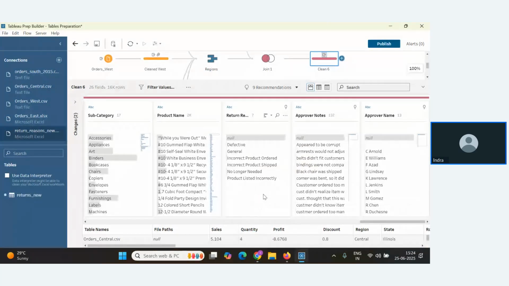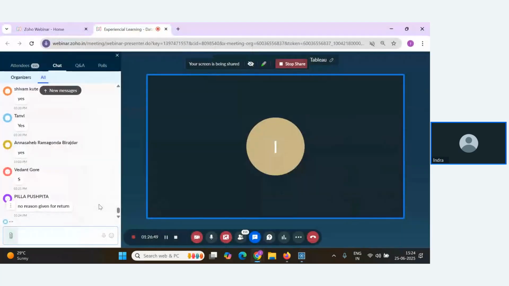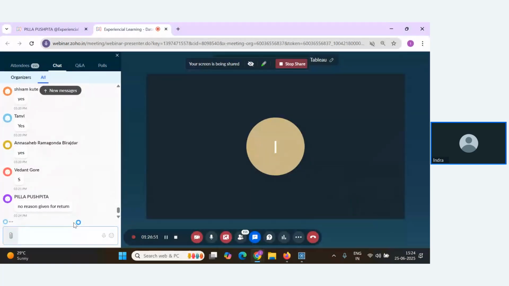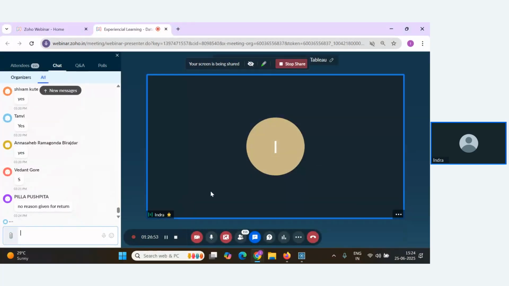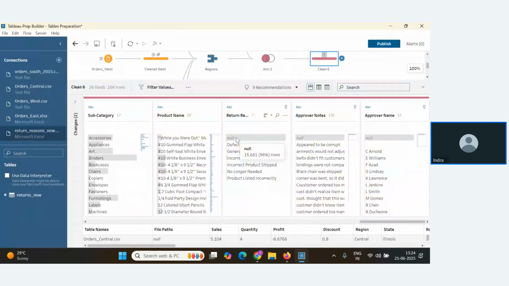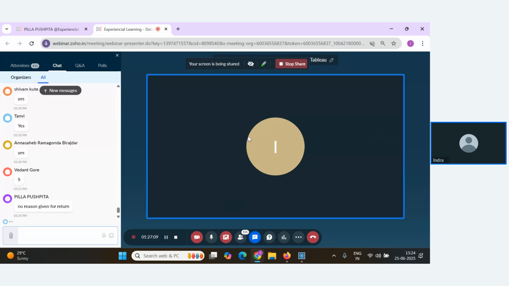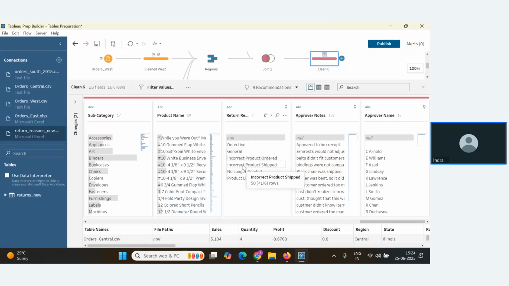Okay, guys, understand that this null is basically denoting that there are certain orders which were not returned. If you see in this entire table, I have 15,681 records which are saying null, which means these many orders were not returned, whereas these many orders were returned.